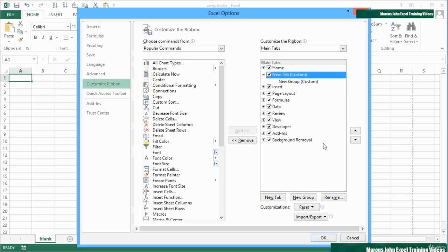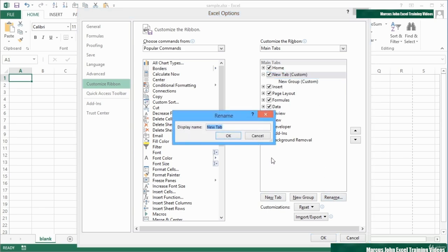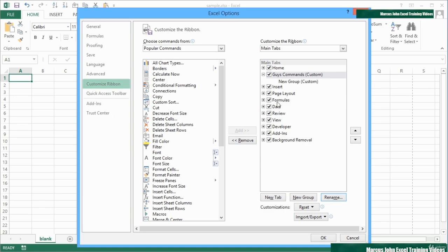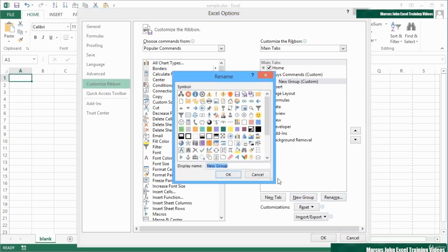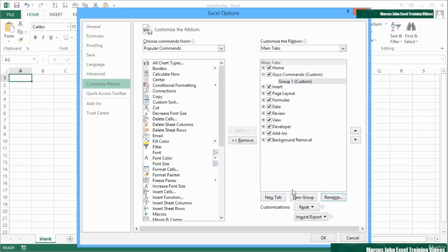I can give that new tab a name, Guys Commands. Okay. On that tab, I need at least one new group, if not more. If I need more, I can click New Group to create a new group. I'm going to rename this group, as well as giving the group a name. You can give it an icon as well. Let's have no imagination and call it Group 1. Okay, and then add a new group and rename that